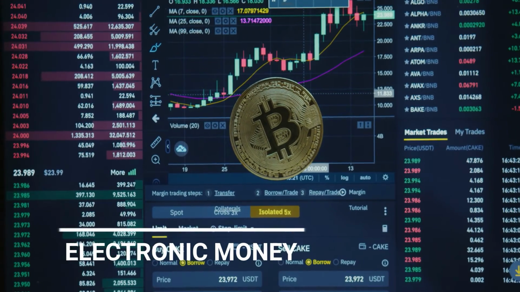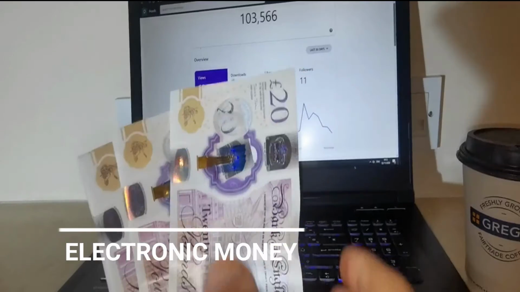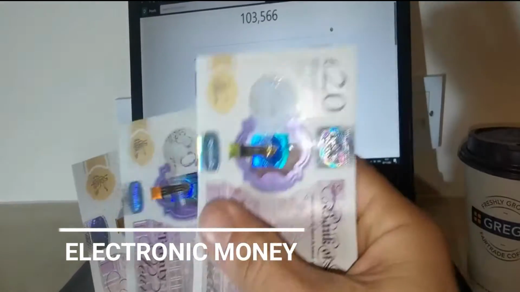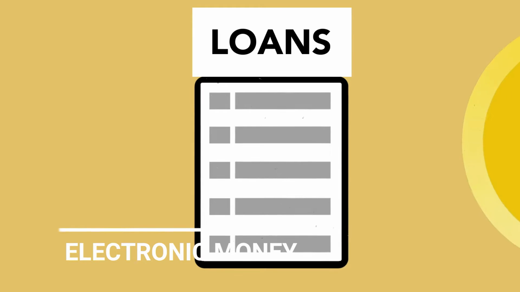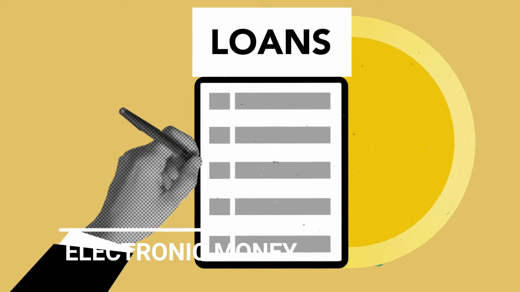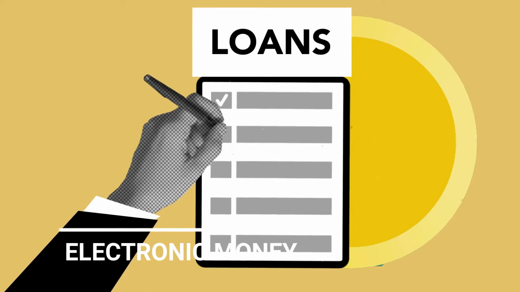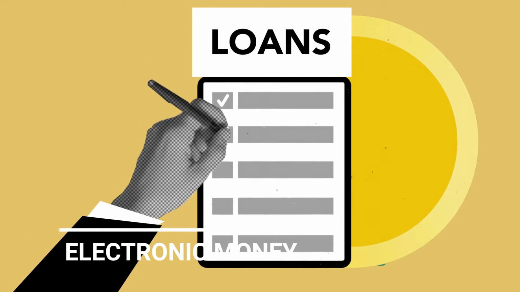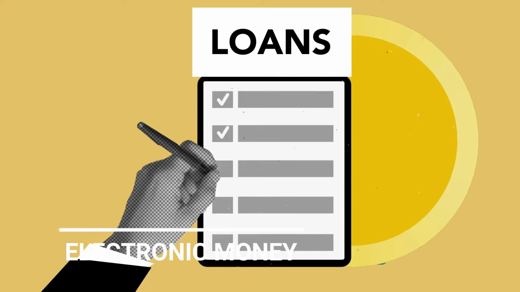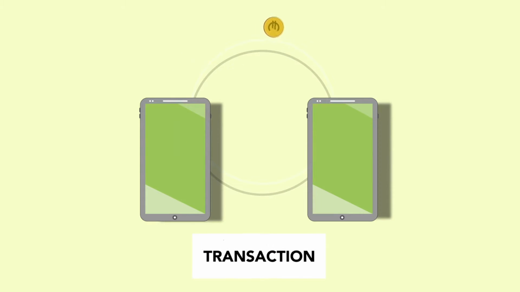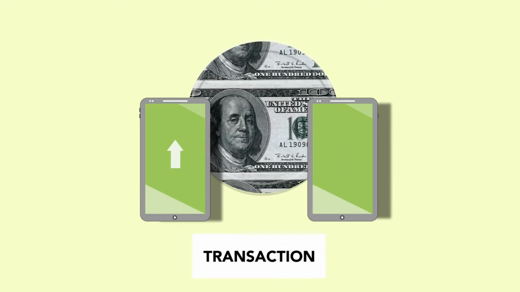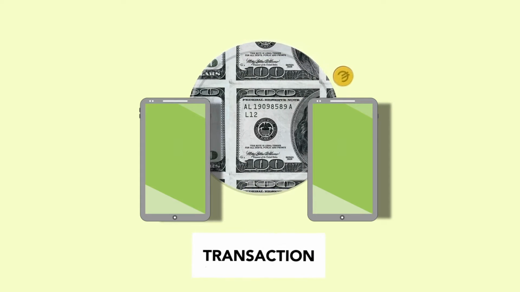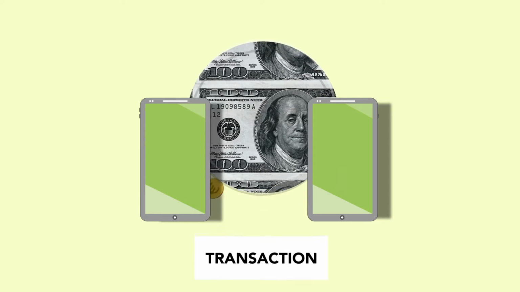Electronic money is very intricate. Many people believe that electronic money is just the electronic version of paper money, but that is not true. Electronic money is created by commercial banks when they issue new loans. Imagine that you go to the bank to obtain a loan of €10,000. This loan is rarely repaid with cash. When you spend electronic money, you simply transfer it from your bank account to someone else's bank account. And in this process, the electronic money is not transferred on paper, but the transfer is made electronically.